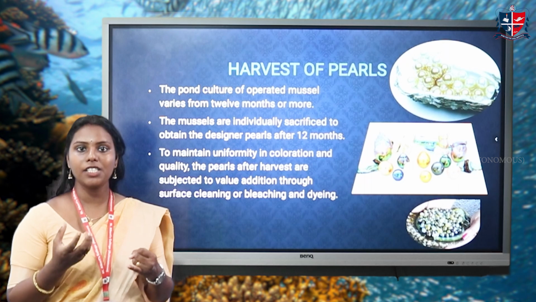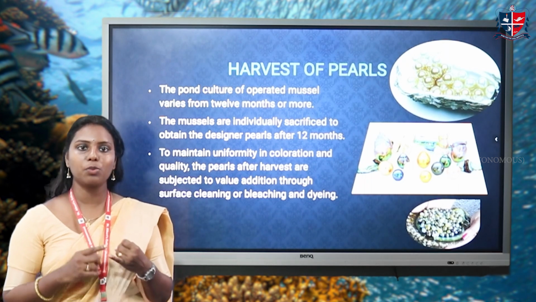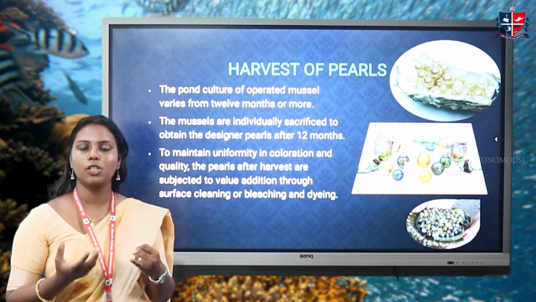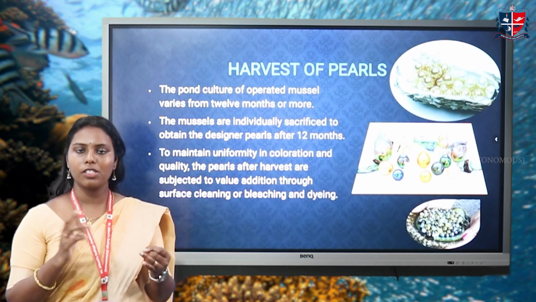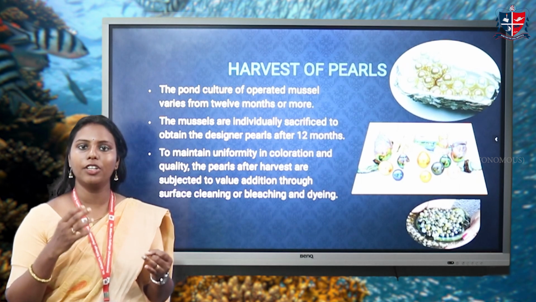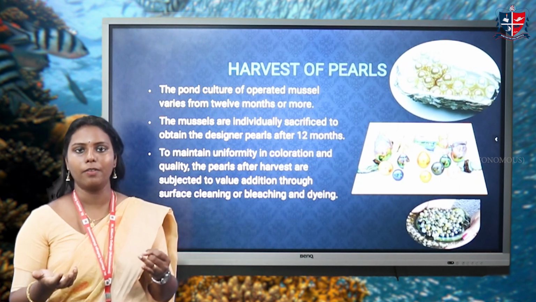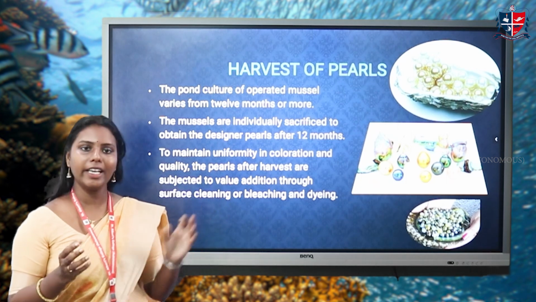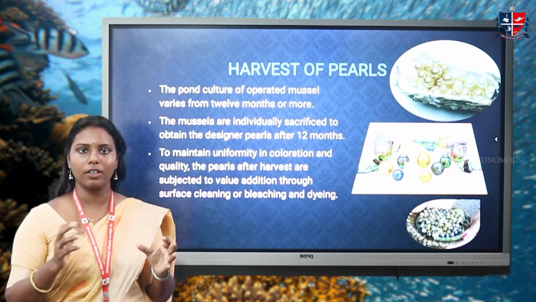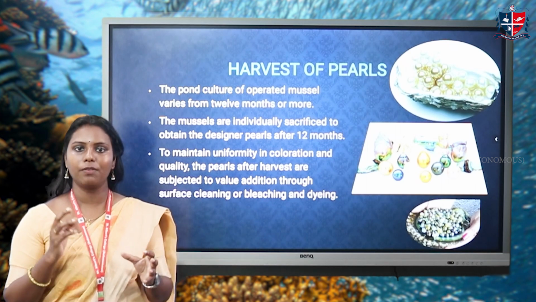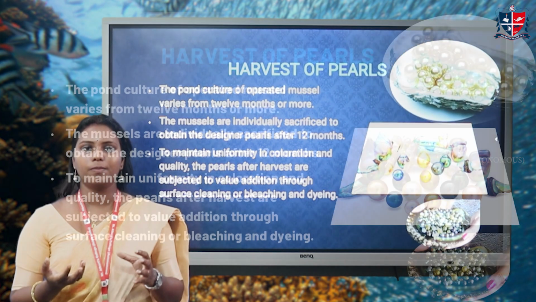Usually the pearls harvested vary depending upon the species and the organism we have cultured. That is, the size and shape of the pearls obtained from the pearl oyster varies from the size and shape of the pearls obtained from the mussels. So it varies according to the species of the organisms, as well as the conditions in which they are surviving, and the type of water they are surviving in. So the quality, shape and color of the pearls vary within the organisms which we are culturing, or the organisms we are taking for the surgery.